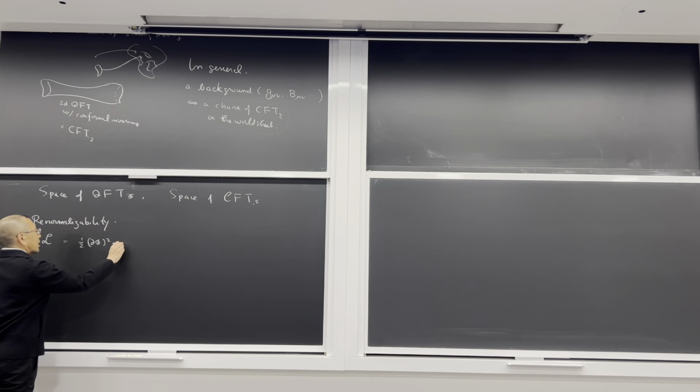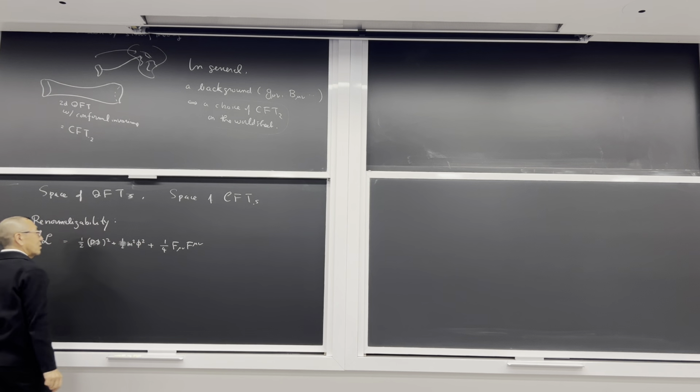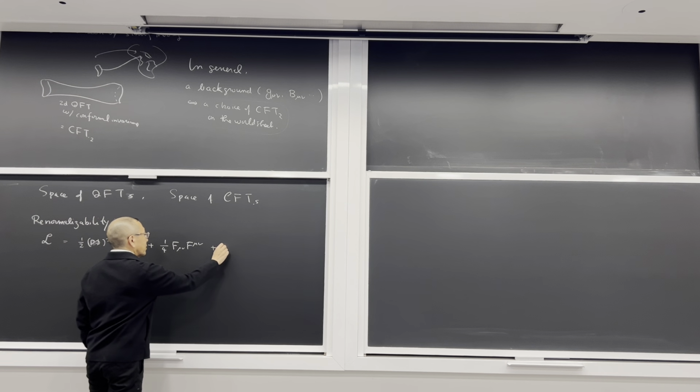You may have a mass term for the scalar field, and you may have the Maxwell field, and you may have interaction between the Maxwell field and the scalar field. For example, the scalar field might be charged, or you might have fermions,